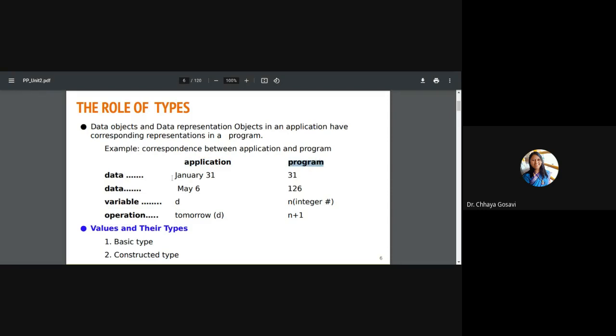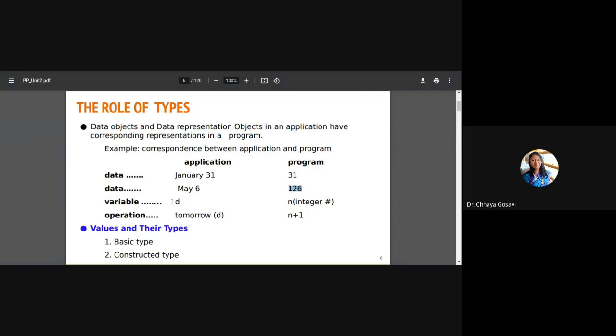What is the value? For example, the date is Jan 31st and we store 31. Then the date is May 6, and the value stored for May 6 is 126. Can anyone explain how it is 126 for May 6? Here we assume that each month has 30 days.